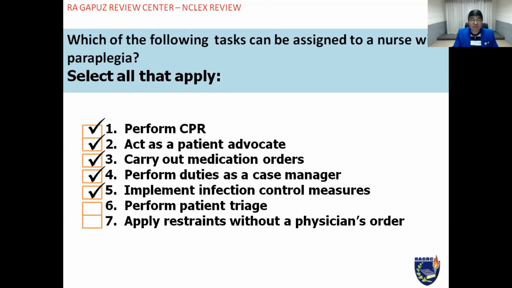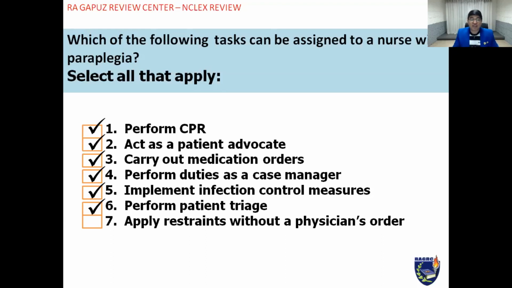Yes. One of the issues that they have to be specifically reminded about would be that some of these paraplegic nurses who use their wheelchair use their bare hands to roll over the wheels of their chairs, and they have to be given special instructions for them to know that that could be a risk for transmission of infection, and they have to be trained on how to deal with it. Can they perform patient triage? Yes.